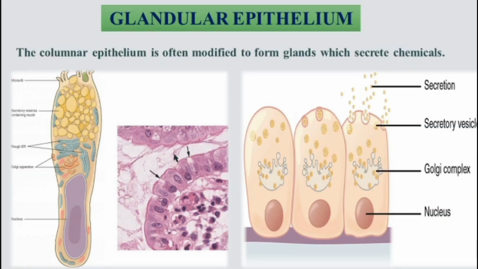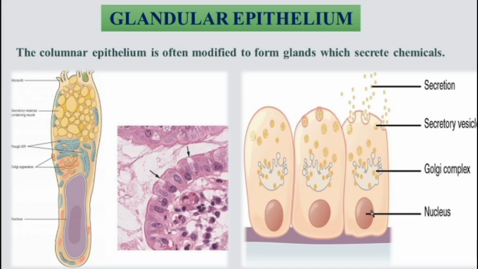Next one, glandular epithelium. The glandular epithelium is often modified to form glands which secrete chemicals. So columnar epithelium can be further modified into glands, which secrete chemical substances. Now see, it looks like columnar epithelium, and it produces some chemical substance, with secretory vesicles from the Golgi